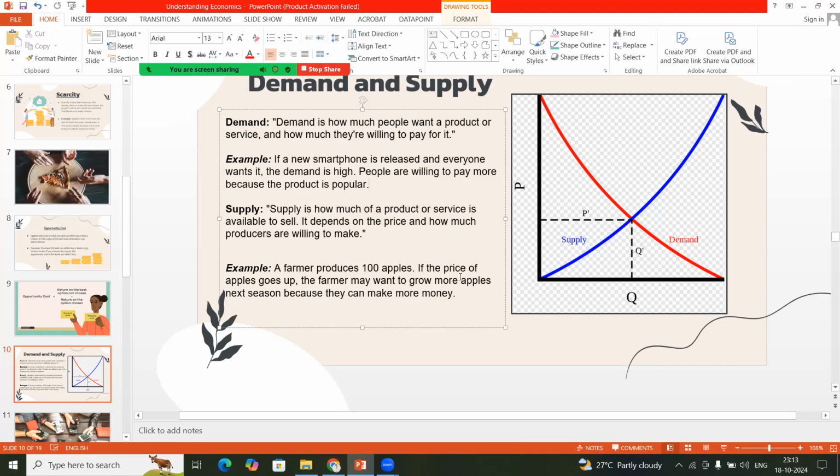Fine. In the consumer's context, if the price of a product rises, we will not buy that product. We will opt for something else. But from the seller's context, if the price of a particular product increases, he will try to sell more in the market because it will fetch him more money. So the opposite thing goes between demand and supply.